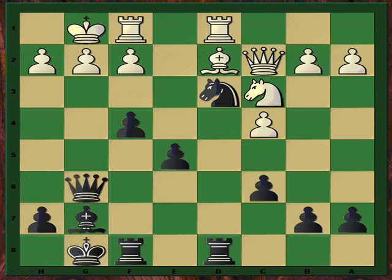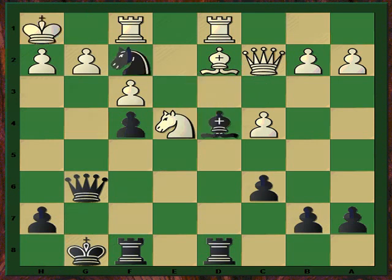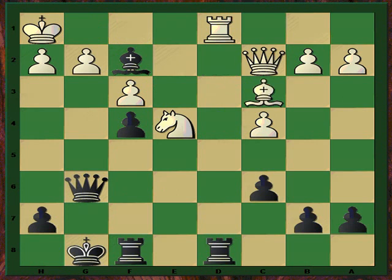In the game he played worse. He played queen g6, and after f3 there was a combination that looks like it gives black a material advantage, but it doesn't win the game actually. e4, knight takes, and knight f2, because the knight on e4 is pinned. That's the point. But rook takes, bishop takes, and what happened now is that the knight on e4 is too strong. After bishop c3,